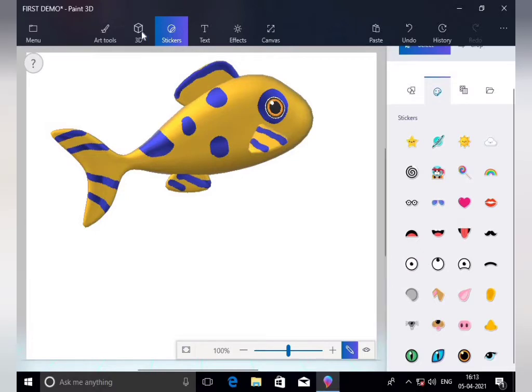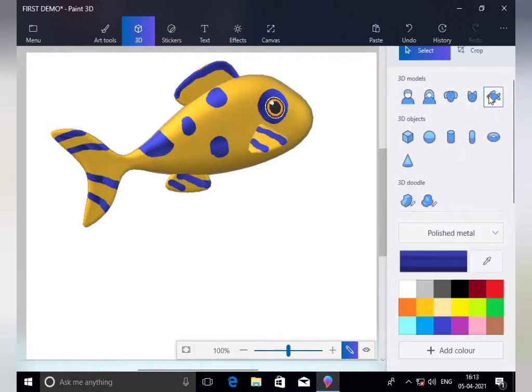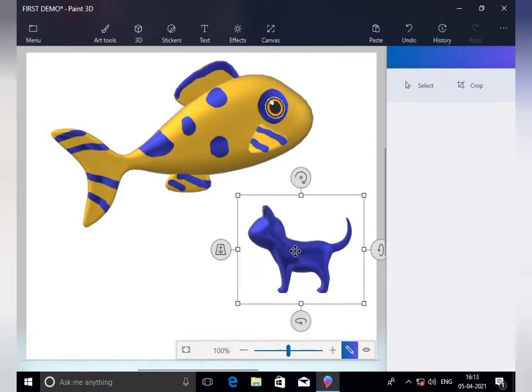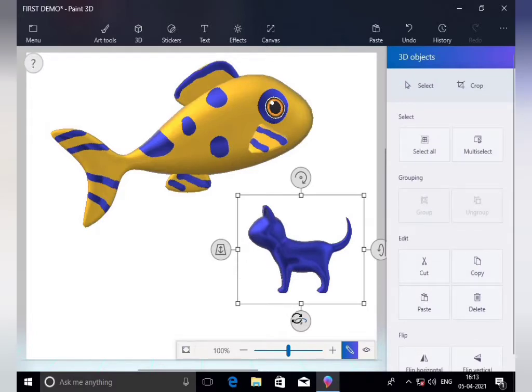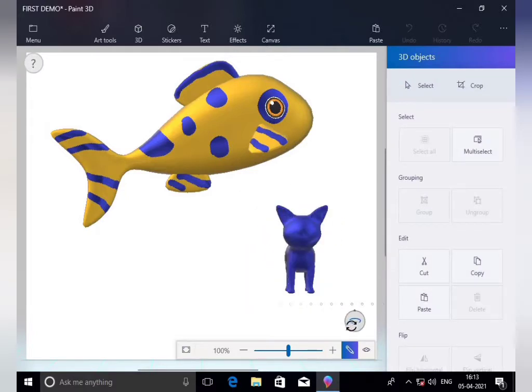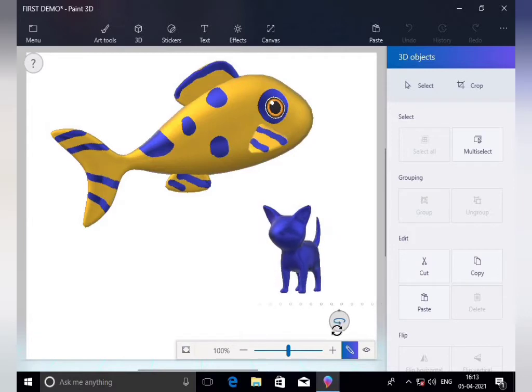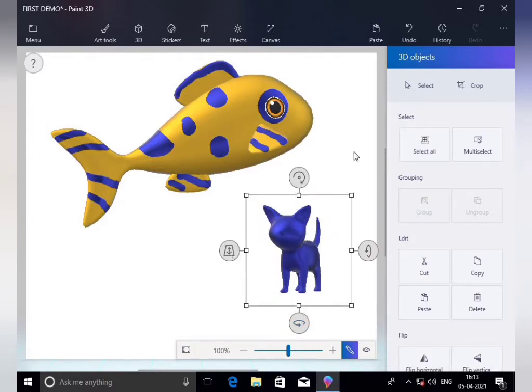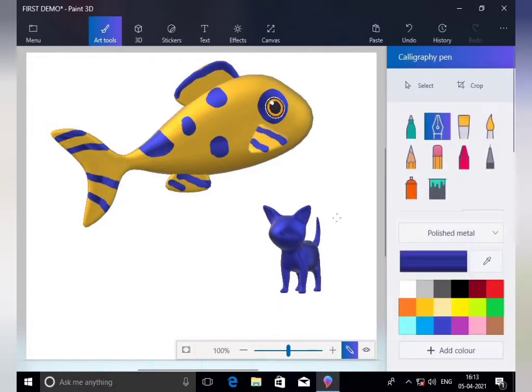For example, let us draw something else. For example, we have to draw this cat at the front. Okay, it is okay. See the color.